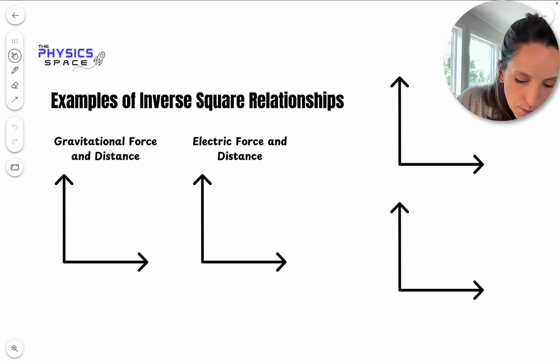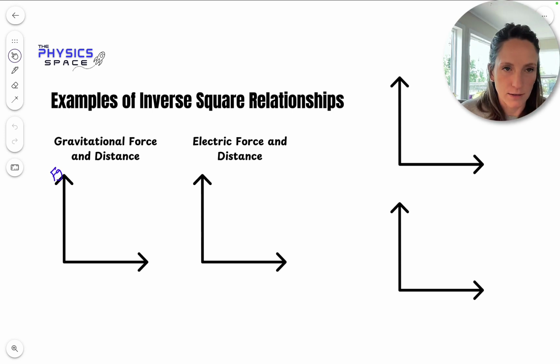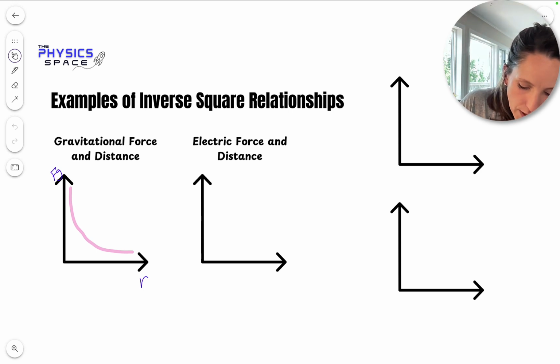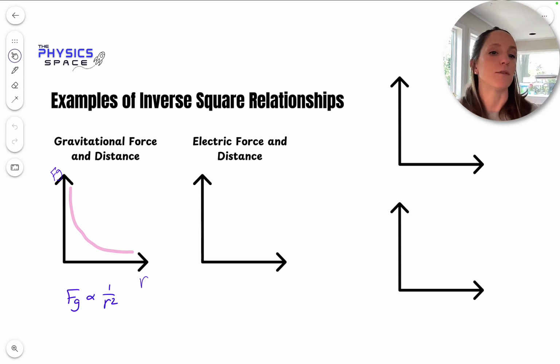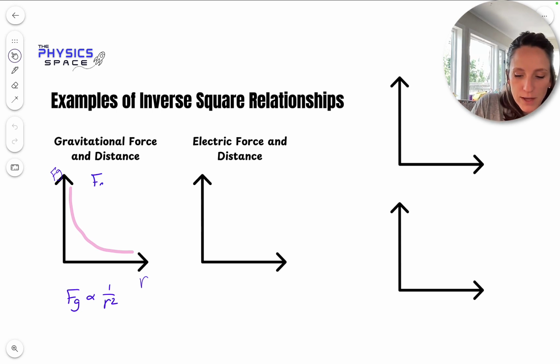relationship. So if we're talking about a graph where we have our gravitational force on our y-axis, and the distance between two objects, so this would be like Newton's law of universal gravitation, we are going to get that classic inverse square graph. Looks pretty much like this. So what that graph shape tells me is that this gravitational force is proportional to the inverse square of distance. And if I look at the equation that relates these two things to each other,